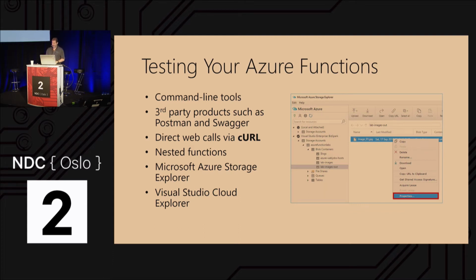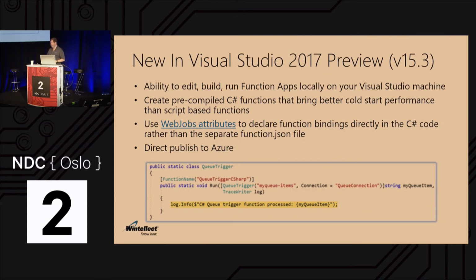But in the fall, or even now, if you have the preview, this is not the current Visual Studio preview. It's the fall preview that's coming out, version 15.3, if you're going online looking for it. They're building all this functionality finally into Visual Studio, so all that tooling is in there. And then you can just do a function app project, which you can't do now. It doesn't show up. And you can pre-compile it, and you can do testing, and you can do 1-click deploy it to the cloud, all that kind of stuff. It's not in Studio now, but it will be in the fall, and you can actually get the preview already.